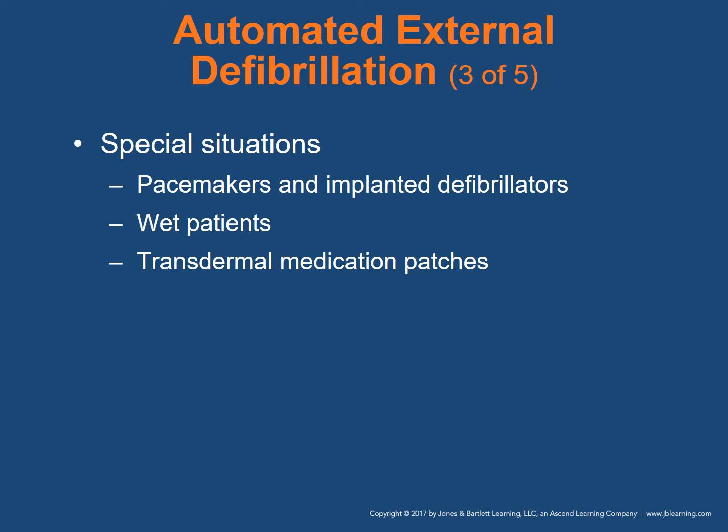So as we go through these three, these were talked about in your AHA CPR course that you already went through, but again, it's good to make a mention of it. So as I go through these, if you want to make a note of how we handle these special situations, remember implanted pacemakers and implanted defibrillators are usually in the chest. Sometimes they're in the right upper portion of the chest, left upper portion of the chest. They might even be implanted laterally, more in the axillary, under the armpit, over the lateral side of the rib cage. But in any case, if you find a pacemaker or an implanted defibrillator,